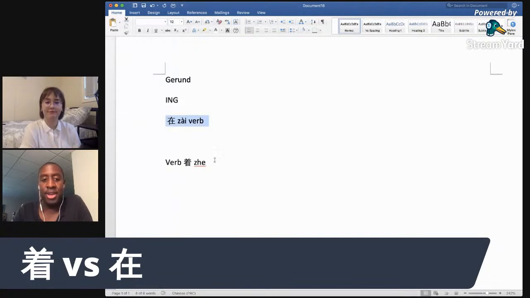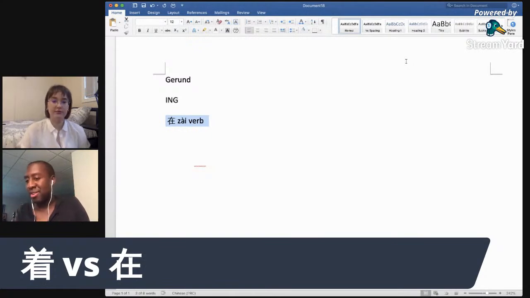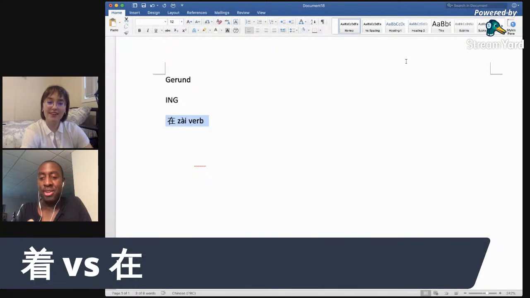Okay? If you happen to be reading in a book or describing something else, then you can use the 着 sometimes. But for me, if I was to make this super easy, I would make that one disappear and just use zai and never use zhe again. Just recognize zhe. Because for producing and speaking, you don't need to, and somebody is gonna get all upset, but that's okay. You don't need to use zhe when you're speaking and talking to people.